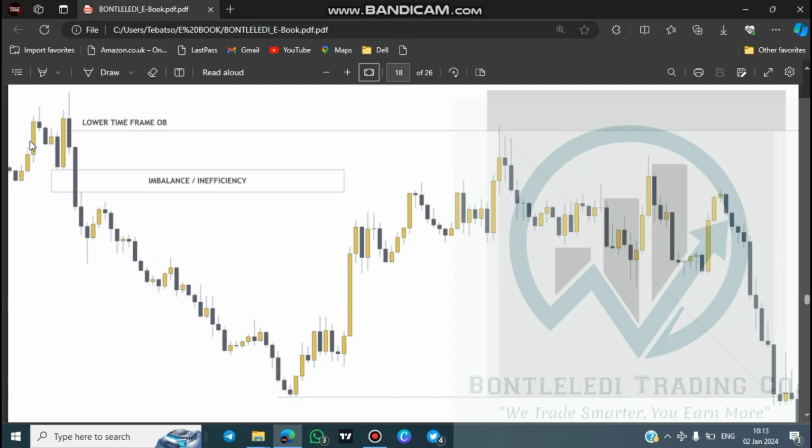As you can see here, it's been balanced, with up and down candlesticks, the bear and the bull candlestick. But over here, we had a couple of consecutive candlesticks whereby